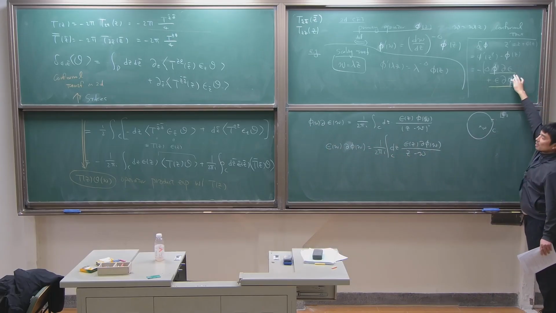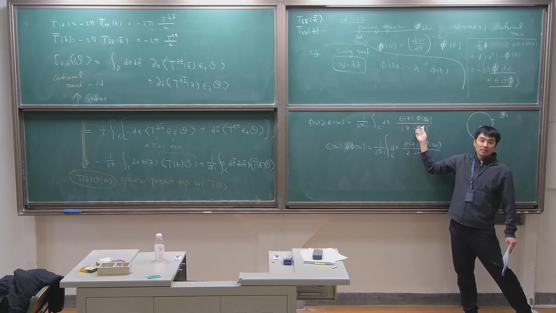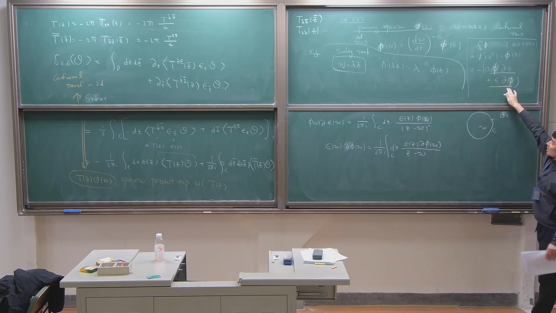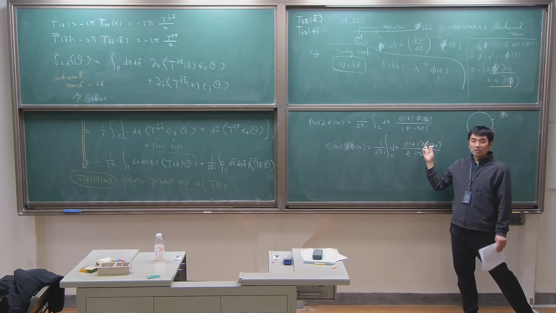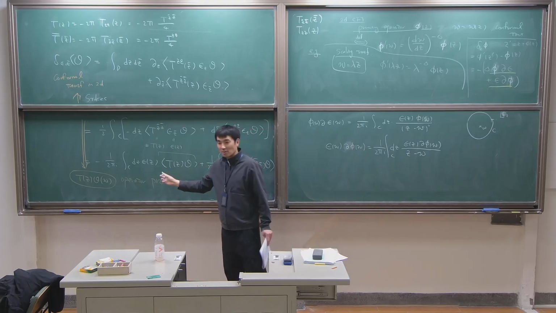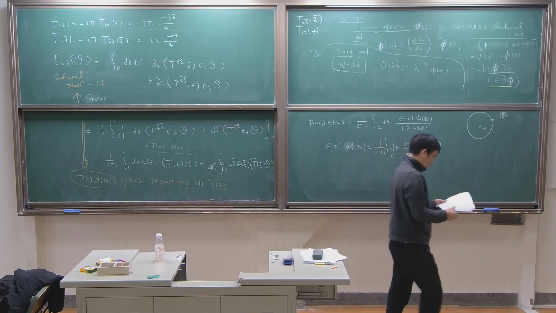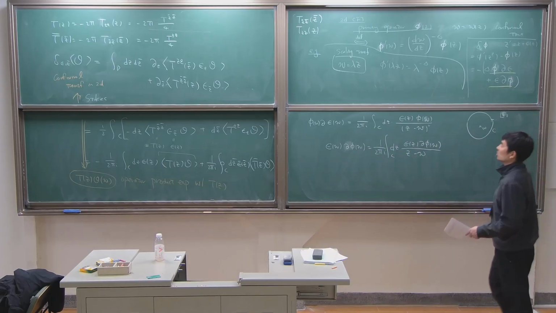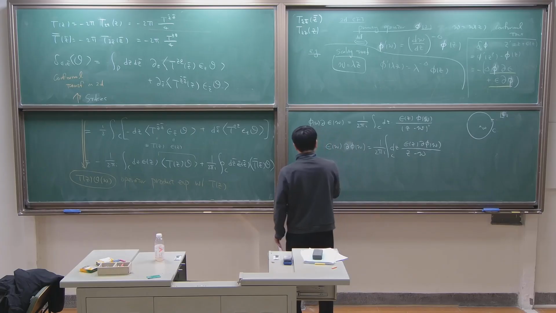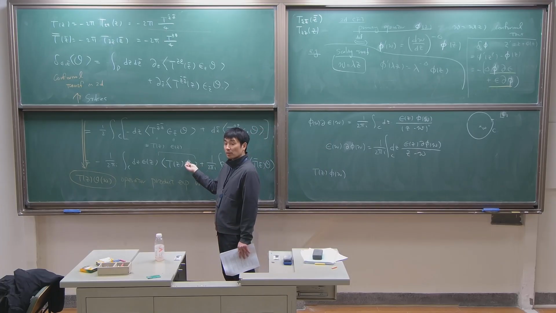The first term can be obtained by the contour integral of this one. The second term can be obtained by the contour integral of this one. And then compare between these contour integrals. So the contour integral here will tell you that this T of z, phi of w, so I just put the operator over here, phi of w here,